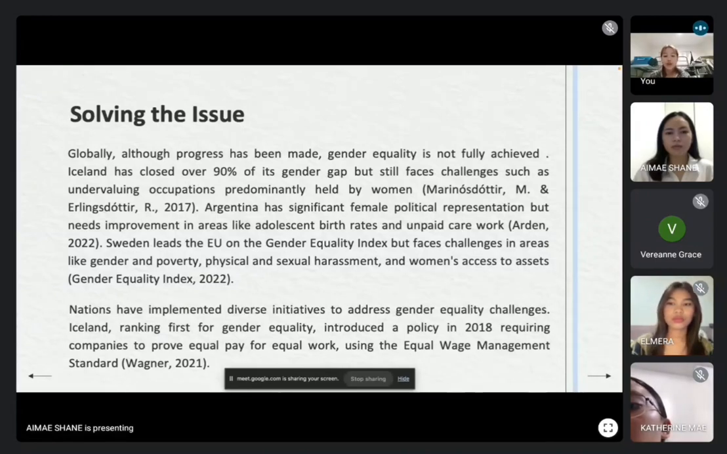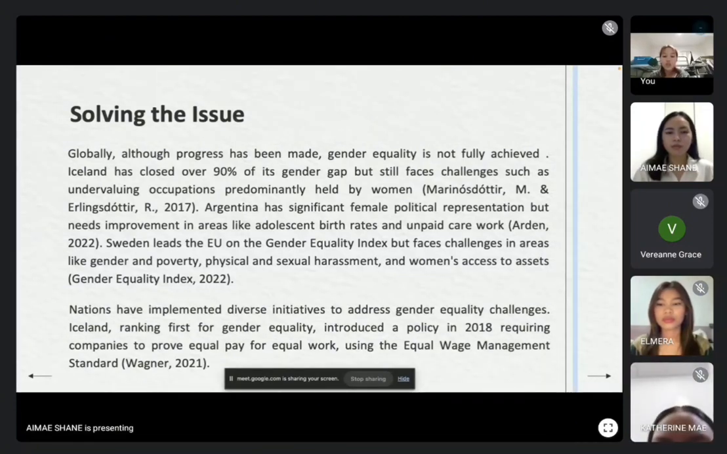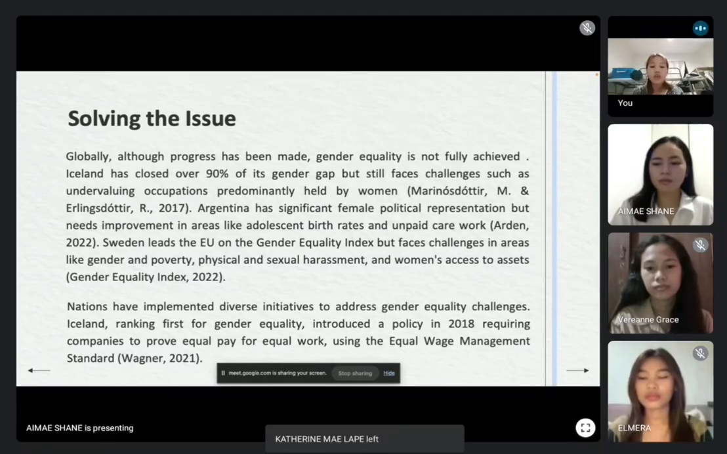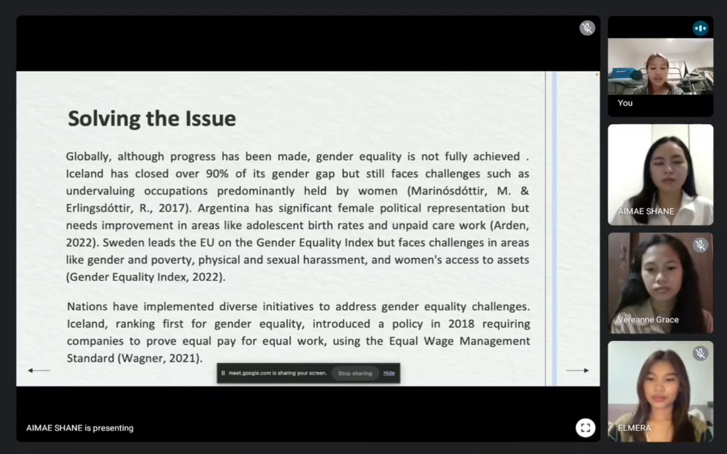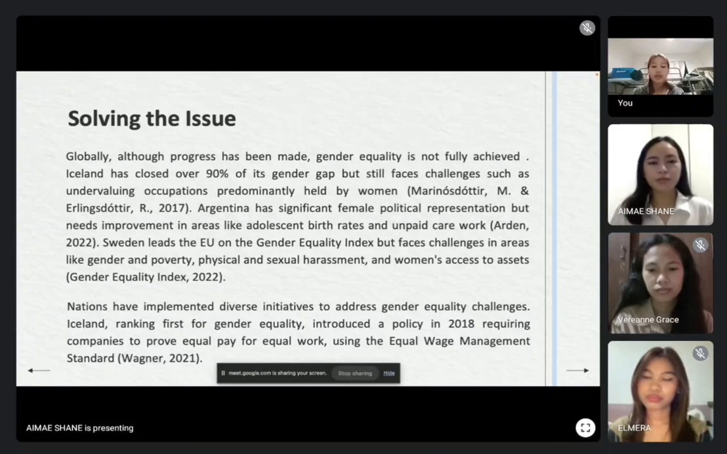In 2018, the country introduced a policy requiring companies with over 25 employees to prove equal pay for equal work using the Equal Wage Management Standard. Despite this, gender job valuation remains a challenge, with female-dominated occupations often undervalued compared to male-dominated ones. In Argentina, they enacted the gender identity law, allowing transgender individuals to have their documents reflect their true gender identity. While 42.4% of the parliamentary seats are held by women, issues like adolescent birth rates and